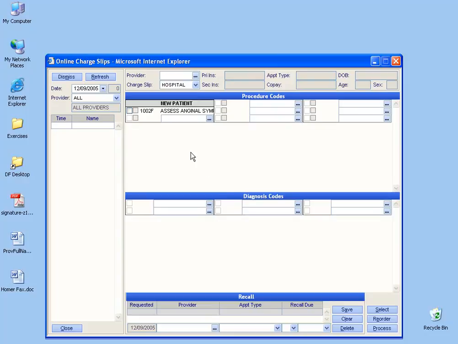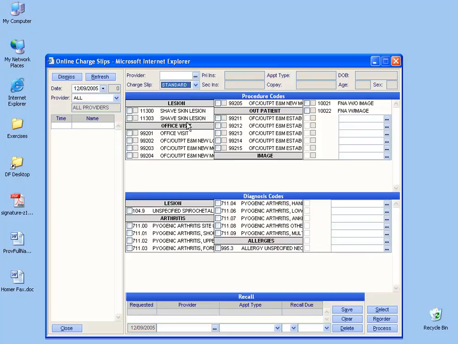Now this is a charge slip that I started creating, and I only have one charge or procedure code box. You'll see up here the charge slip, and if I click on the arrow, I have two of them. You can have up to 3, 4, as many as you'd like. Be sure to select the appropriate one, standard, and you can see this is a more completed charge slip and